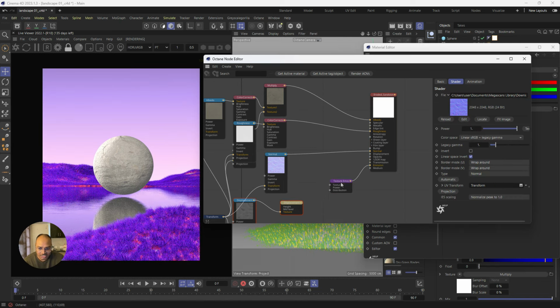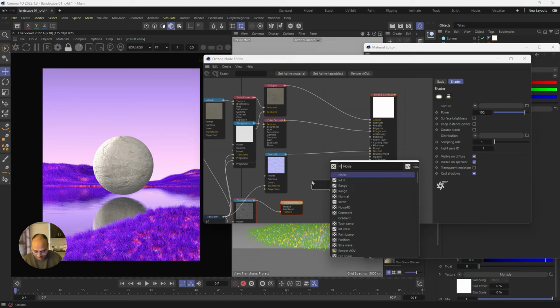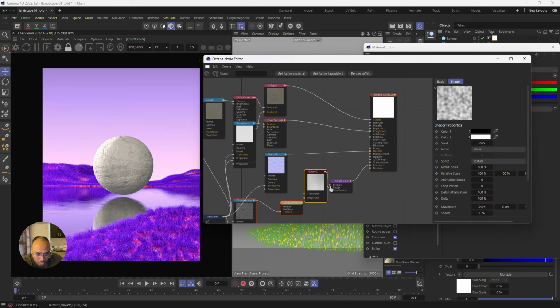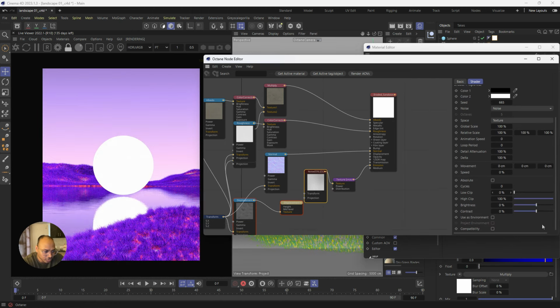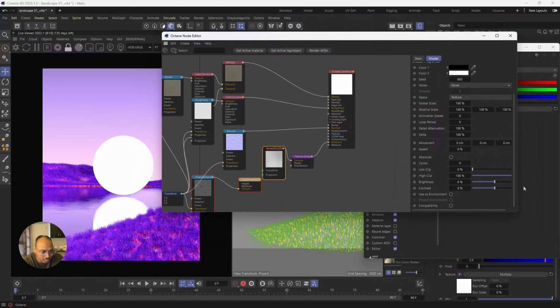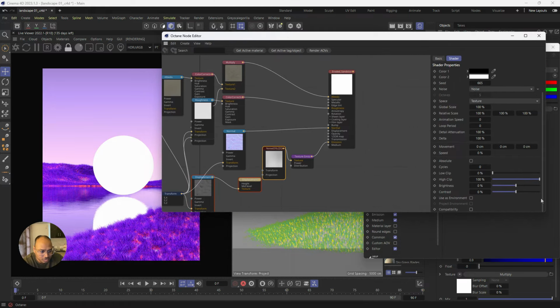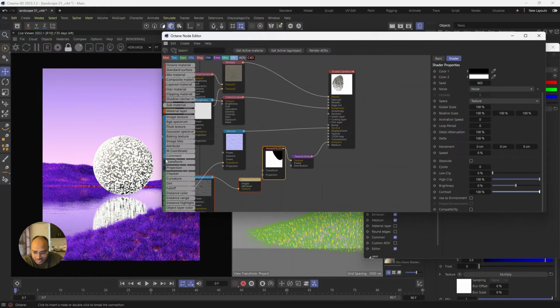So if I attach some kind of noise texture in this, yep, and change the noise value, increasing the contrast so it's purely black and white, like this kind of thing. And